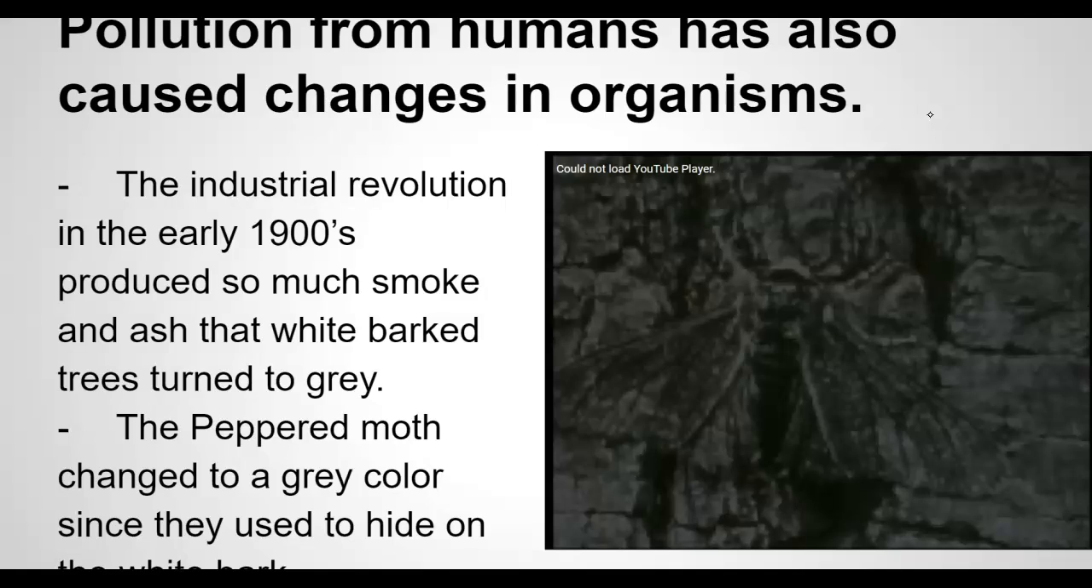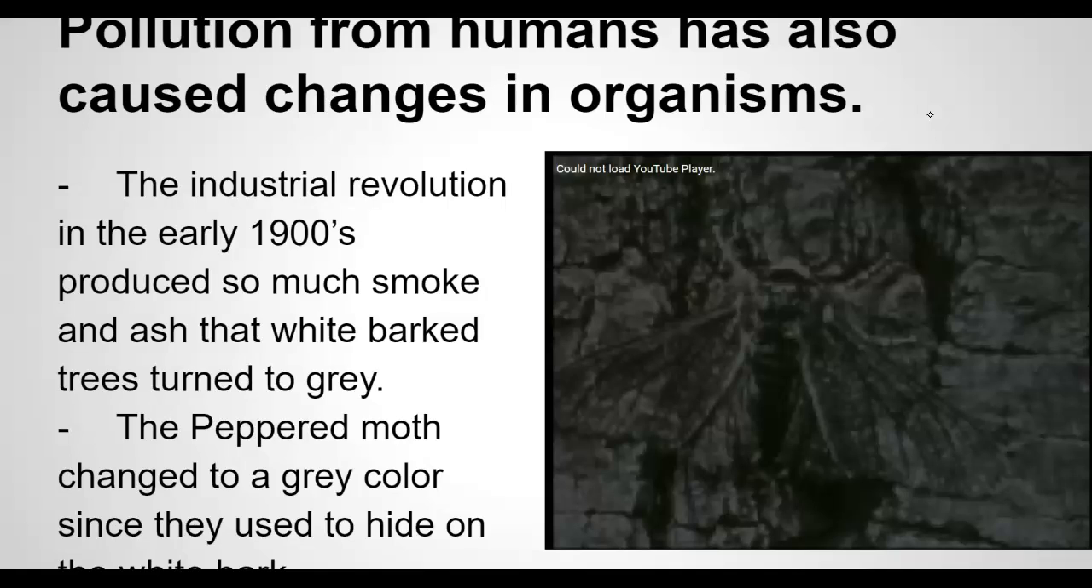They burned so much coal that these white barked trees actually turned dark gray. So a moth that was mostly white on a black background stood out, and the birds basically ate them. Well, there was a mutation, and some of the moths turned to this dark color. Well, they actually survived, and for about 50 years, the white ones kept decreasing, the dark ones kept increasing because